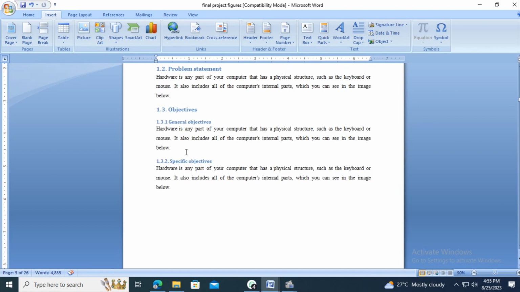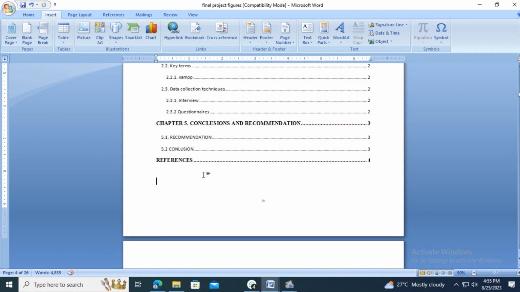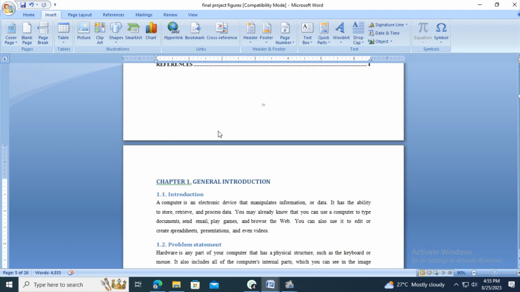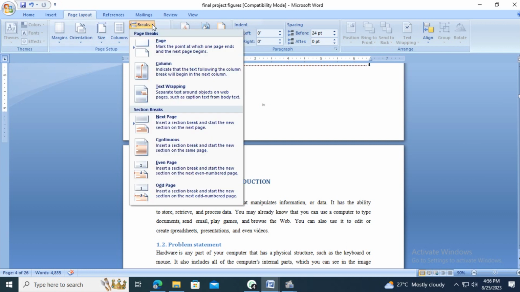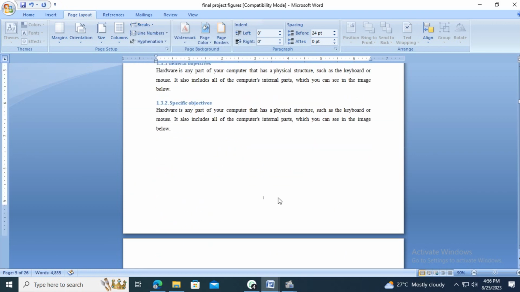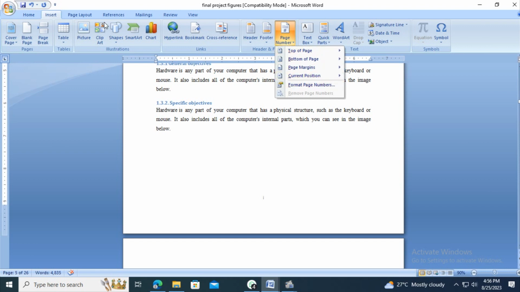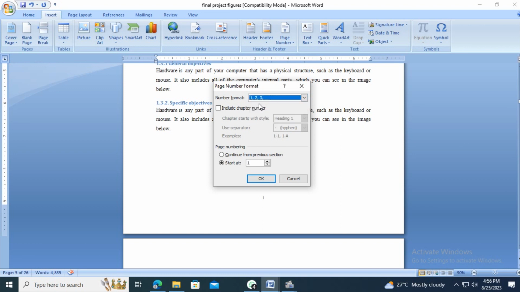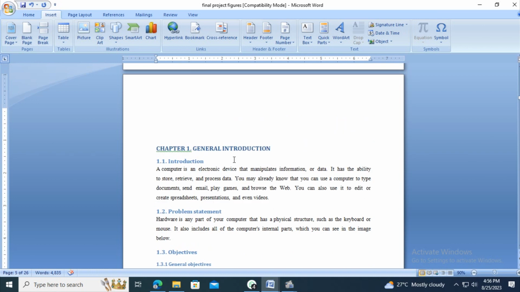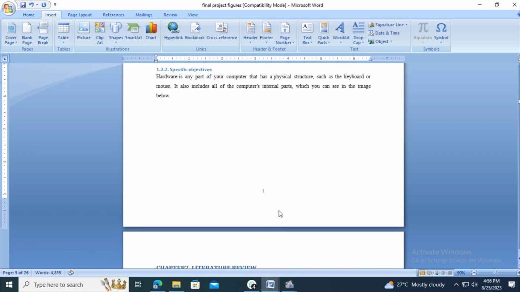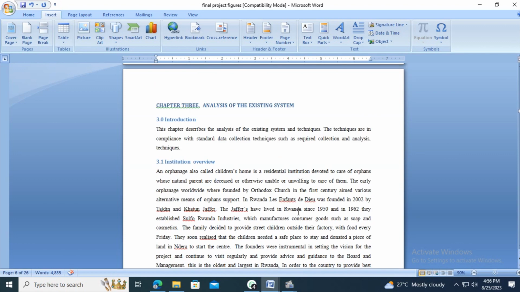Click on the page which is before the first one. Click here and choose page layout. Click on break and choose next page. After, we are going to change our page number. Insert page number, format page number, and choose numeric, which will start at 1. You see, page 1, 2,